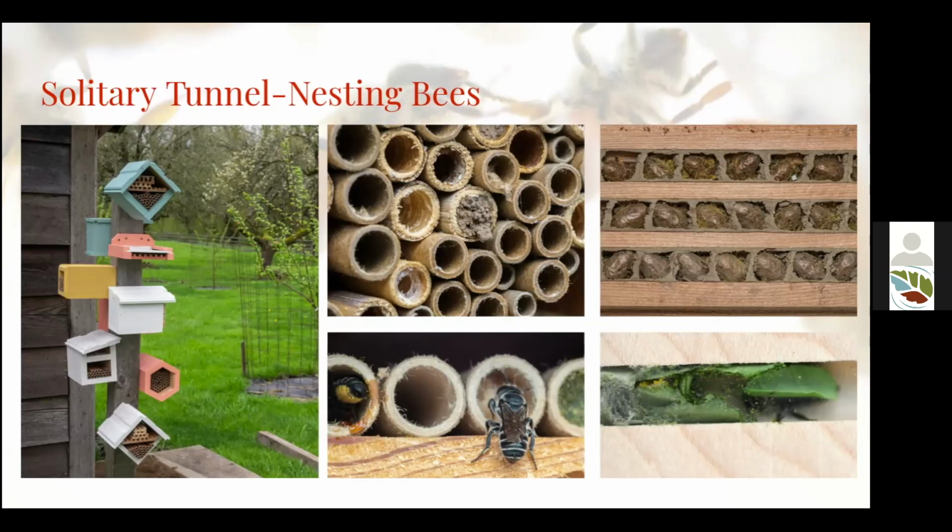But we have made some salient observations about their nesting preferences. We know kind of the size and diameter and shape of the tubes or the holes that they require to nest in. And that's made it easy for us to provide habitat for them and to actually rear these solitary bees in a way that isn't quite as easily done for bees that nest in the ground.